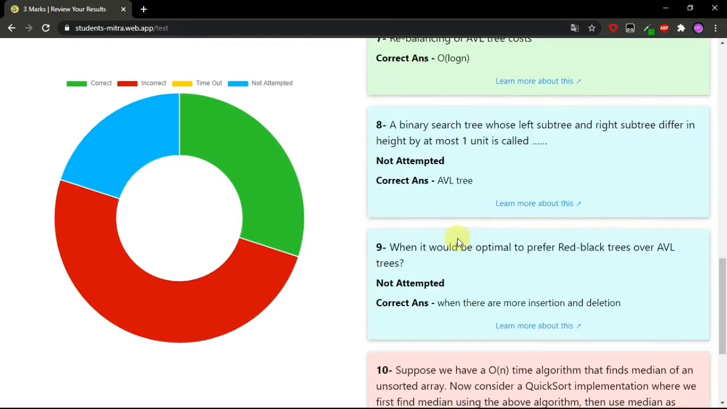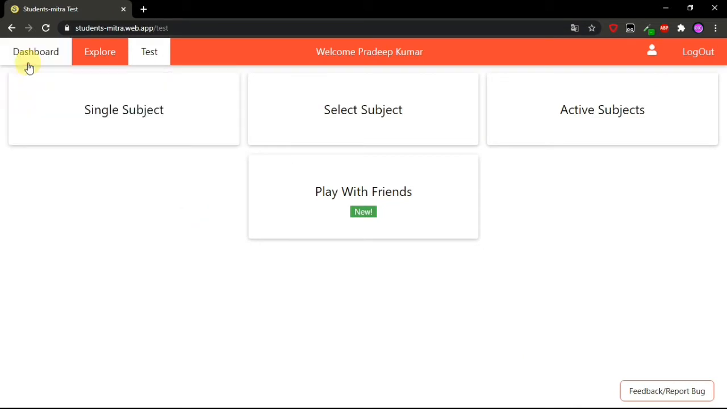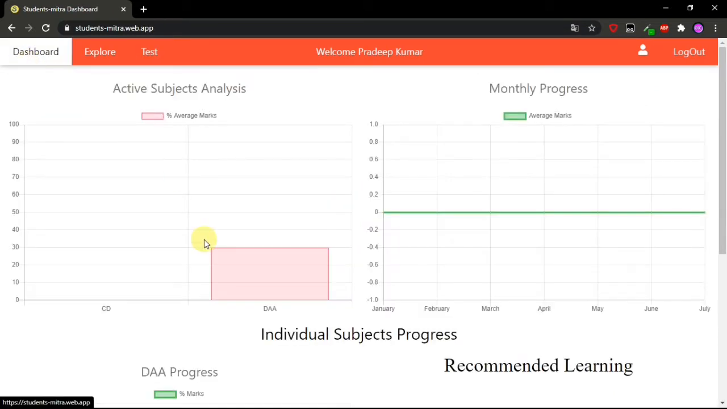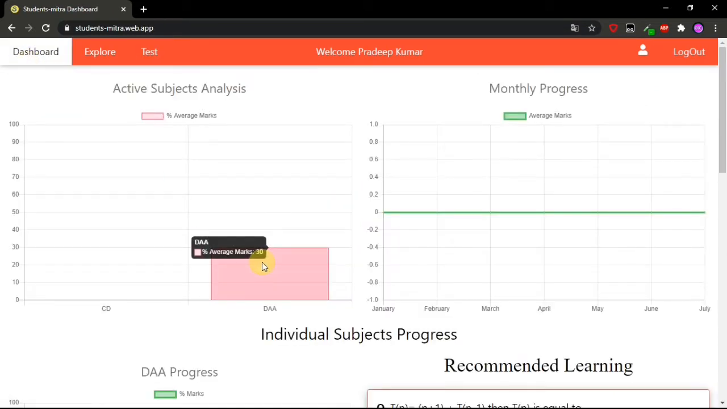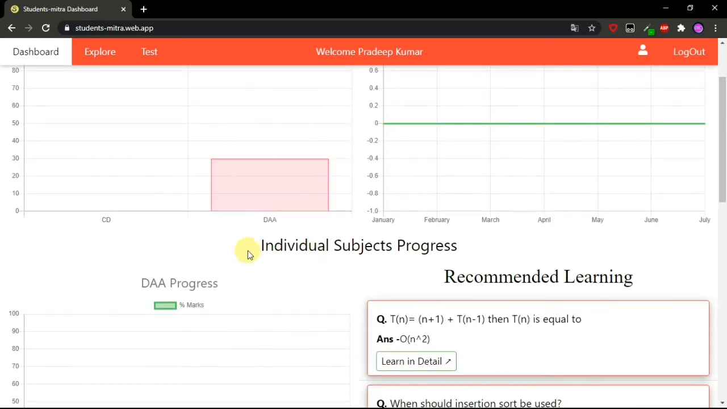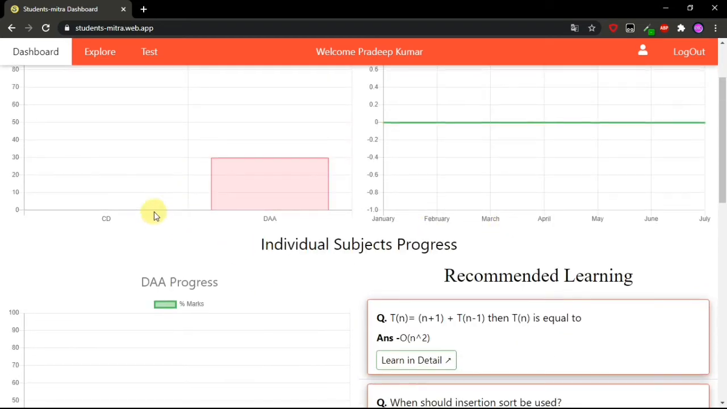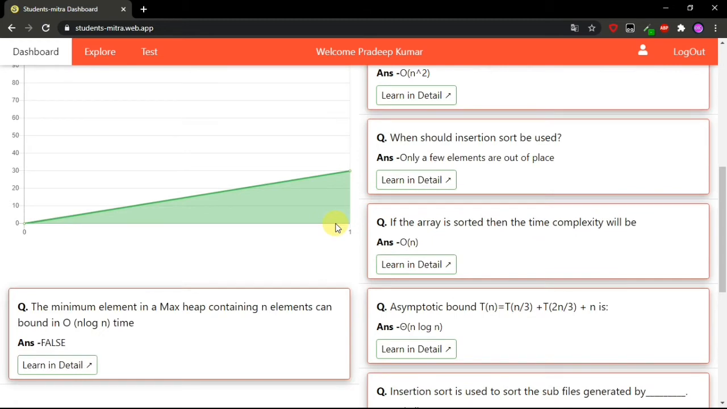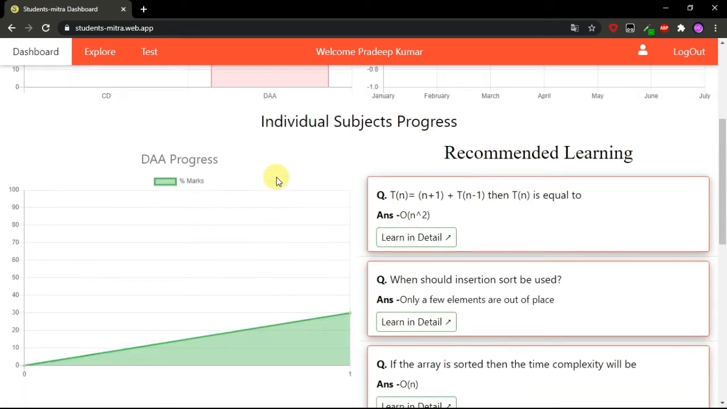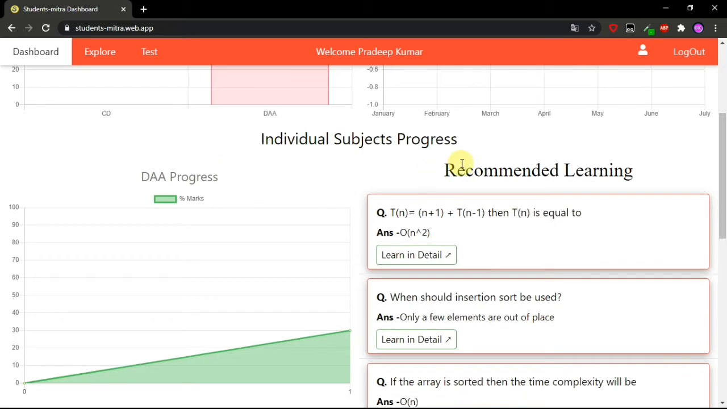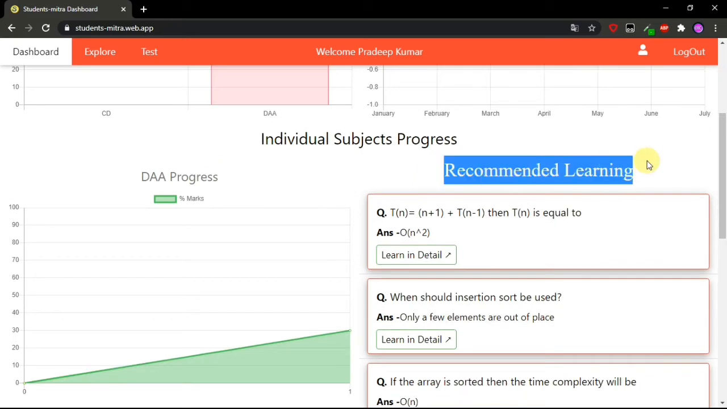After completing the test, now you can see your dashboard. I have just completed the DA test and I got 30% marks. So I can see here I have 30% in DA, and I can see individual subject progress too. For example, the first time I got 30% in DA, and based on the performance I will be getting some recommended